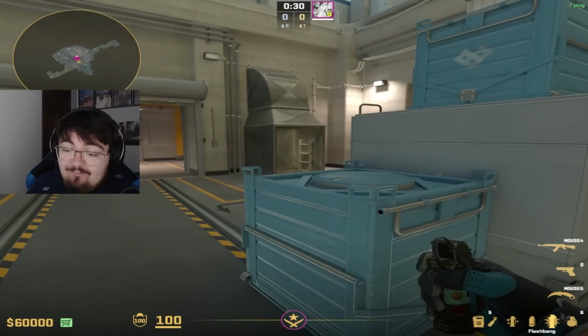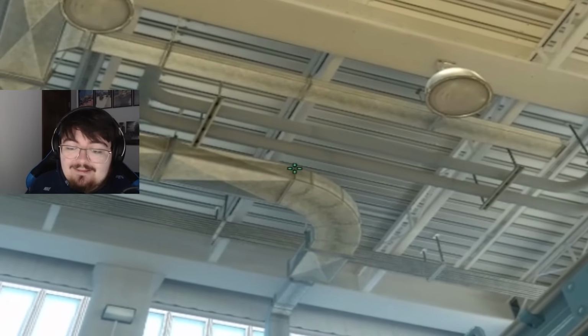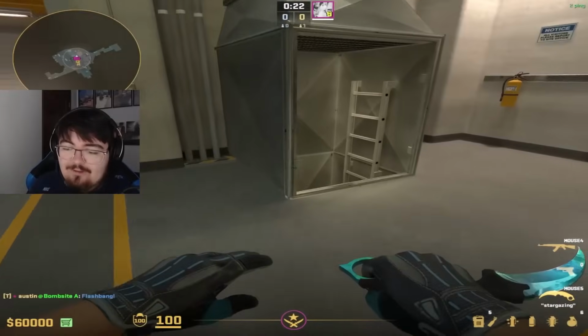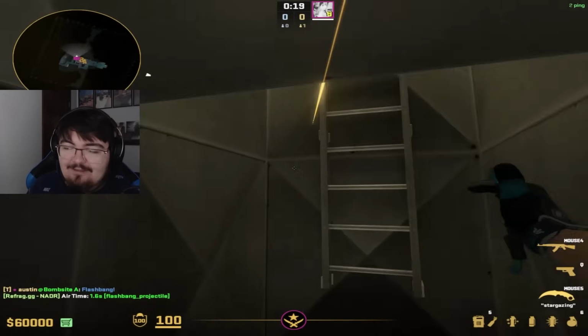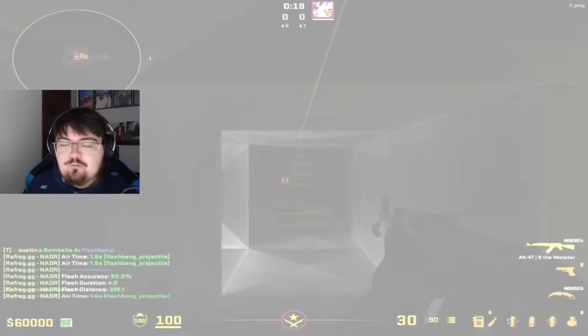So what you're going to do is whenever you're ready to go down the vent, you're going to line up right here on this box, and then you're going to aim at this line on the vent, and whenever you're ready, you're going to give it a jump throw, and you're going to quickly run and jump in the vent. As you can see, the flash will perfectly blind anybody holding here. So let's just say I'm here, and now I'm blind, and now I'm dead,